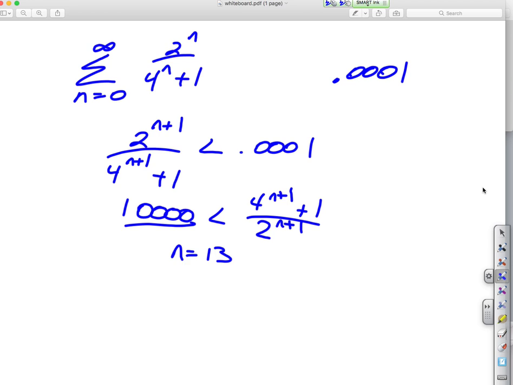Yeah, 13. You get 12.2877. What did you do? Move the 10,000 over and solve it? Yeah, I just did numeric solve, set it equal to 10,000. Gotcha. And round up. So you can do that, or you can plug in until you find something that works. So we get 13 to work. So that means